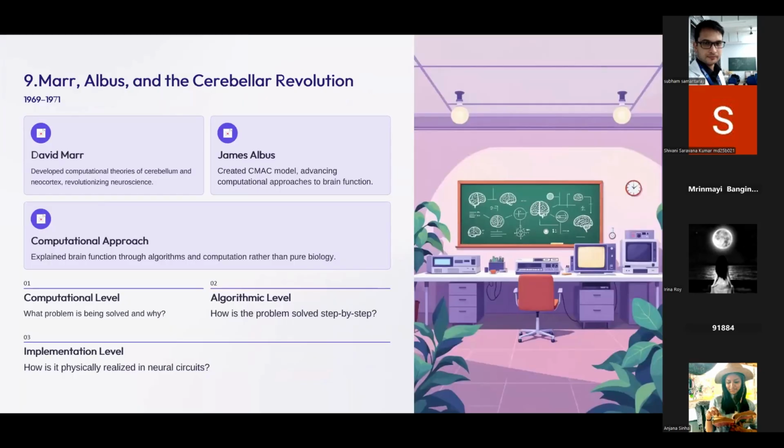Then Marr, Albus, and the cerebellar revolution. These people proposed a model of the cerebellum. The cerebellum is also a very important organ in the brain. Unlike other parts of the brain, the cerebellum sticks out of the cerebrum, and it has a large number of neurons and a rich structure. These two people proposed the CMAC model of the cerebellum. But more importantly, Marr's contribution became very influential in those days because he proposed